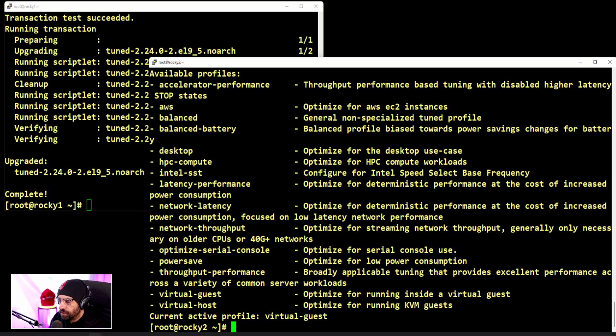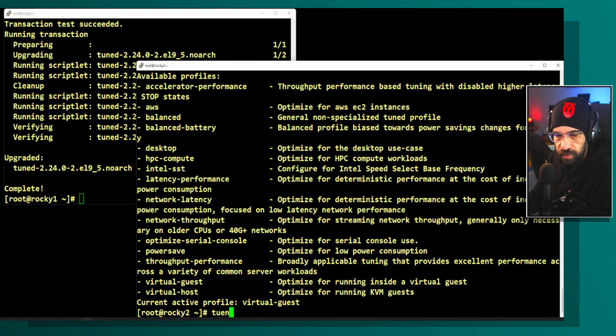But the only way to know if this is going to have an effect for you personally is to try it out yourself. There is no way to know that this is going to give you miracle results. You just need to try it in your own application, in your own environment, and see if it actually works, or if it's even worth it. Okay, so you just need to apply the profile you really want, or you can get some more details, for example with tuned